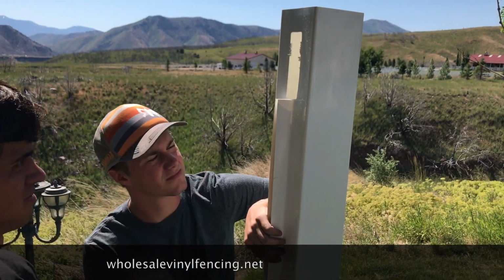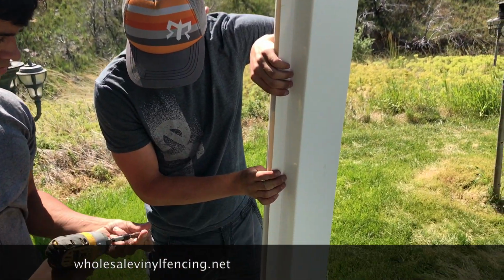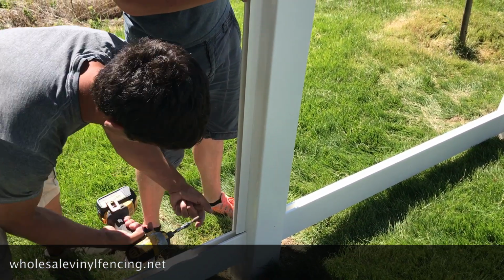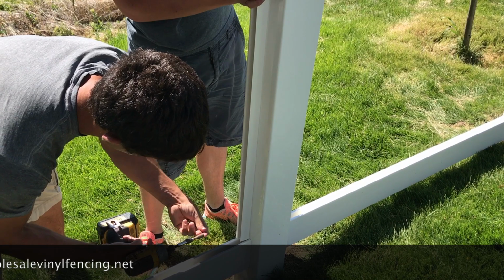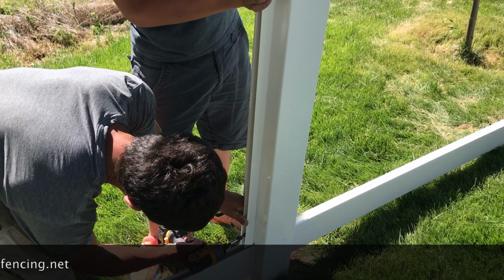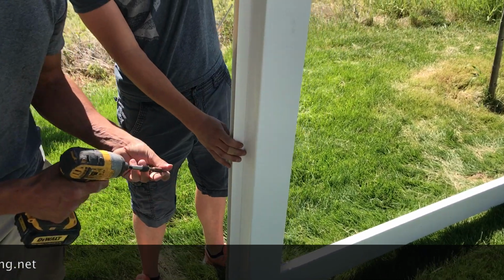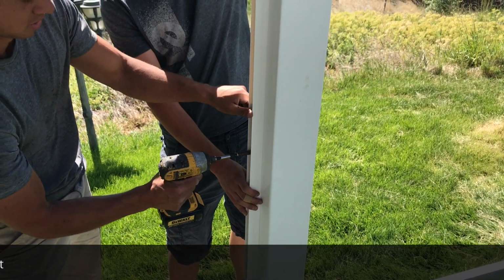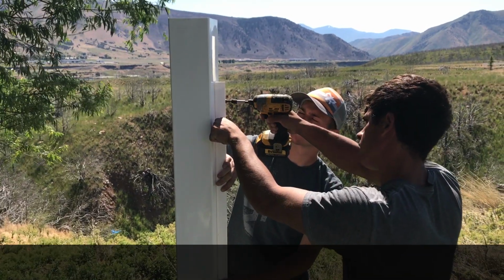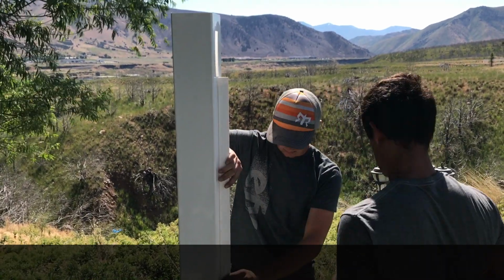That's the U-channel that goes onto the side of the picket. A lot of times people just put that U-channel on the picket to help cover gaps, but this is really the proper technique for installing U-channel. I will give you a note, it gets a little bit tricky if you're on a steep slope. You will have to cut the U-channel to make it work, but if it's flat, then this system works really